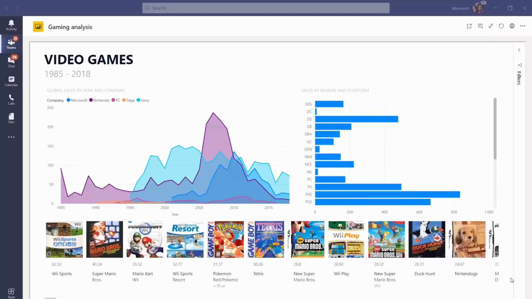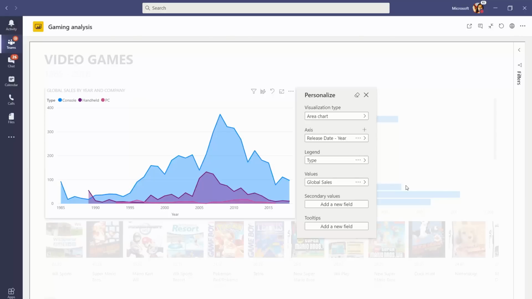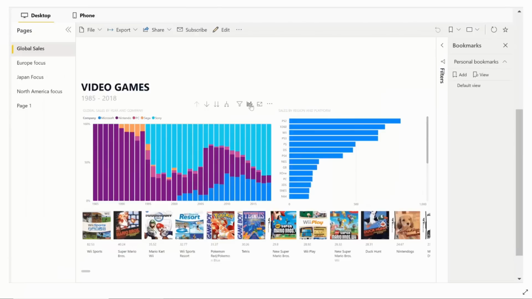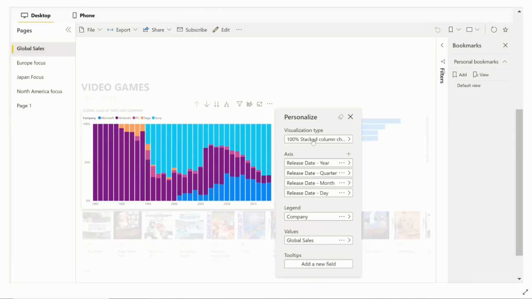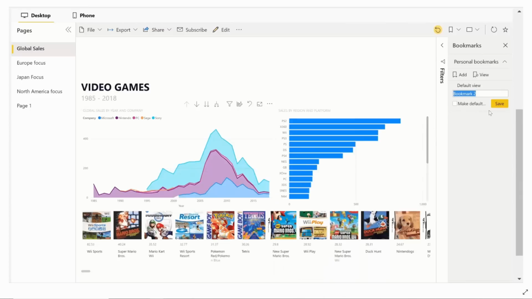And for the last update, as mentioned earlier, we've also extended support for embed scenarios. Let's see a couple examples of this. So here's an example of a report in Teams that I'm able to explore on the fly. And I can tweak and change it just like I could in Power BI Service. Now here's another example with the newly added bookmarks pane so that I can not only explore the report, but I can also save my view for later.